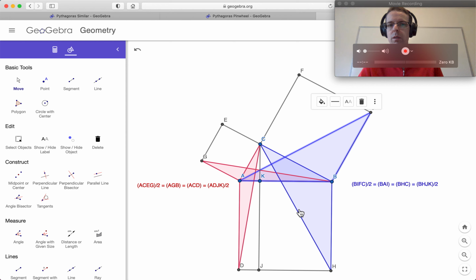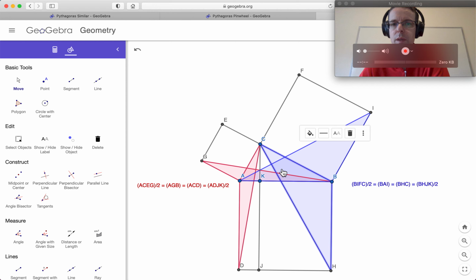So that gives us side angle side congruence for the two blue triangles, which gives us the equal areas of the blue triangles. And now we just need to reason that the areas agree with the areas of these rectangles. So this area is the base of this triangle times its height. Well, 1/2 the base times the height. The height is HJ. So the area of this triangle is 1/2 the area of the rectangle